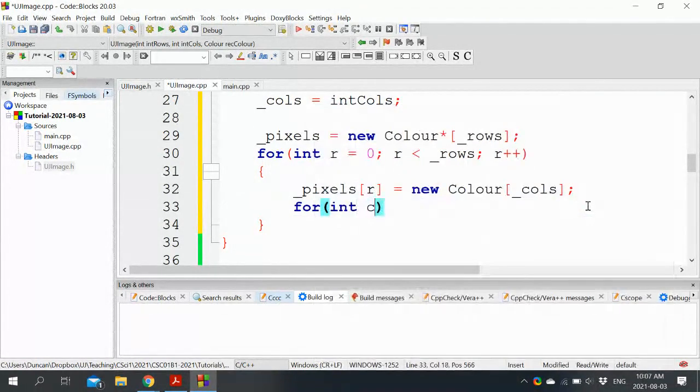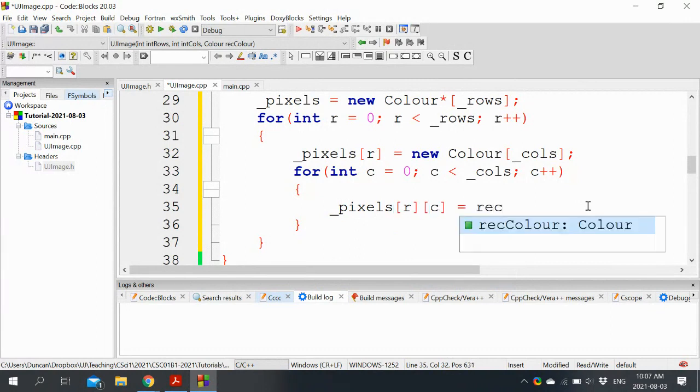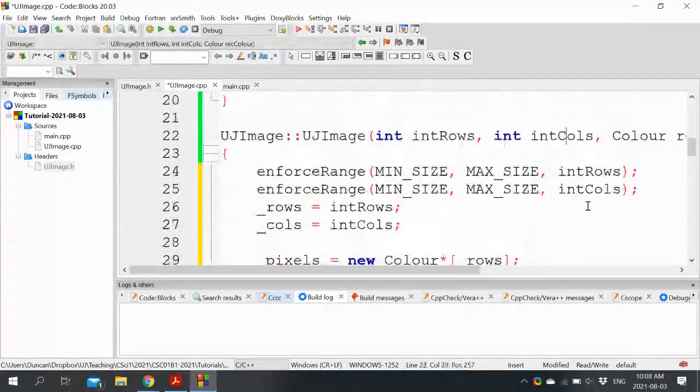And then for every column, set that equal to its default. So pixels at position row and column is equal to our default color. For now, we're going to have to come back and edit this in a moment.